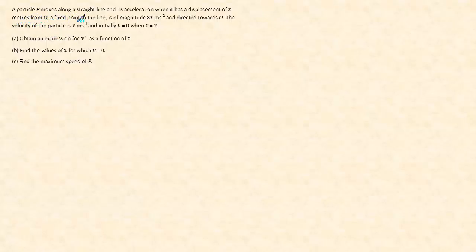A particle P moves along a straight line and its acceleration when it has a displacement of x meters from O, a fixed point in the line, is of magnitude 8x meters per second squared and directed towards O. So that means if O is here and the particle is here, the acceleration is actually directed back this way. In other words, A is going to be negative